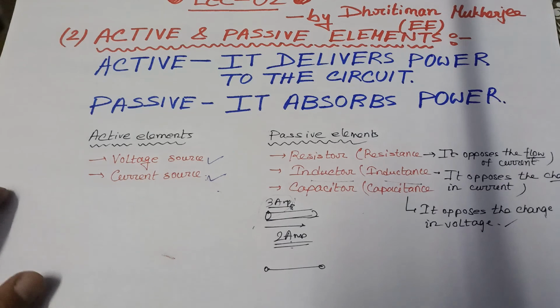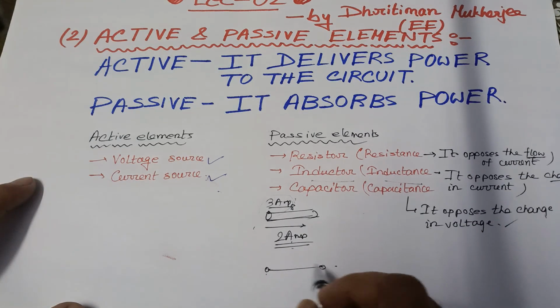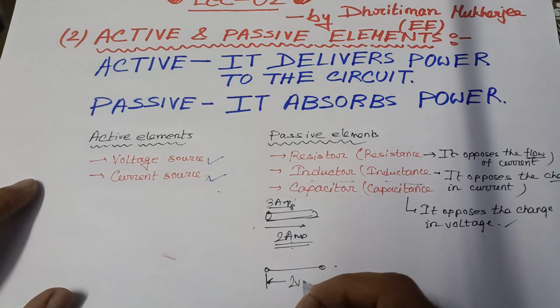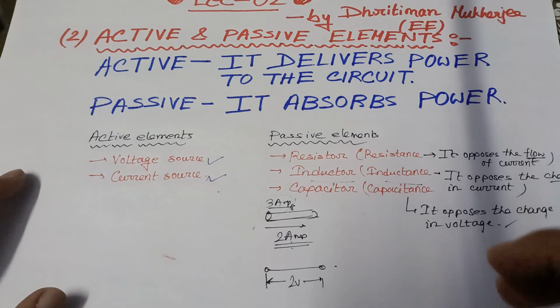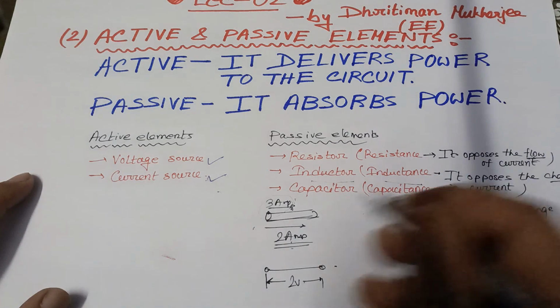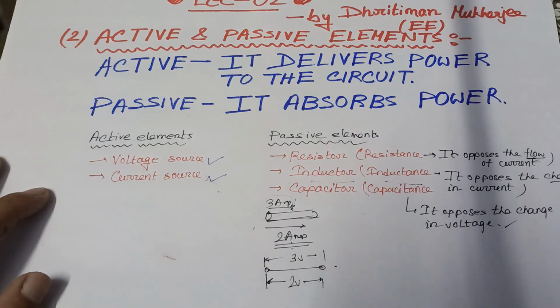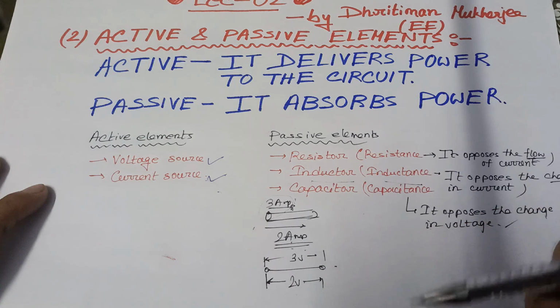Similarly, if there is a conductor and these are two terminals, the potential difference between these 2 points may be 2 volt. Okay, and now if someone is trying to increase this potential difference by using some device, suppose he is trying to make it 3 volt, and if you put a capacitor here, the capacitor will oppose this sudden change of voltage. Okay.